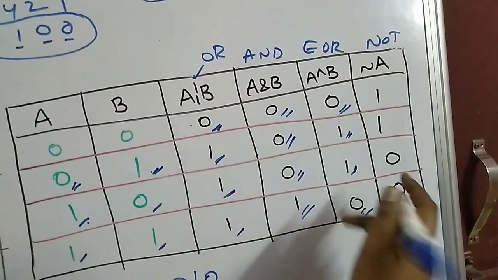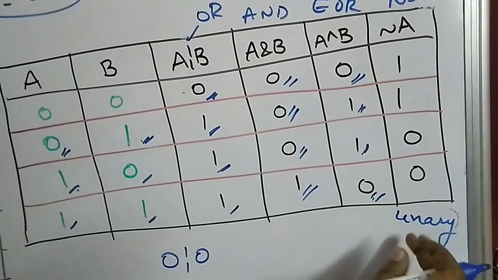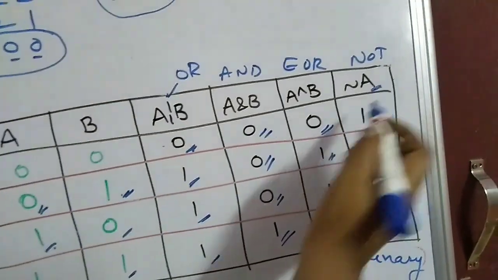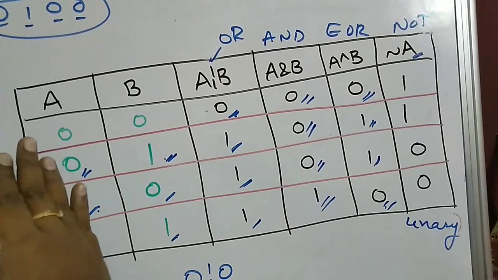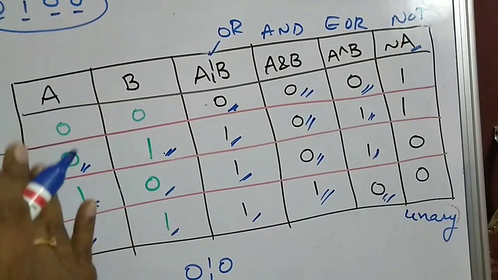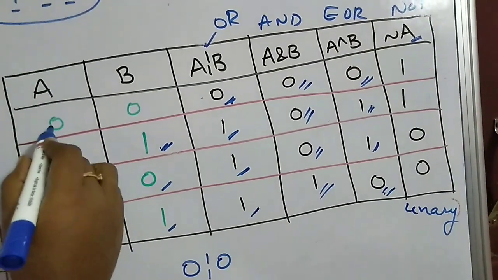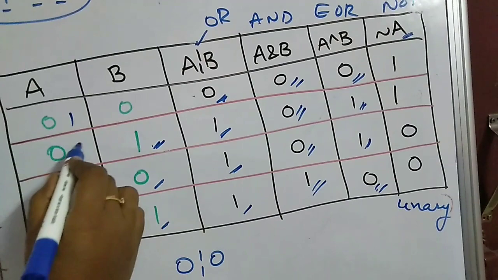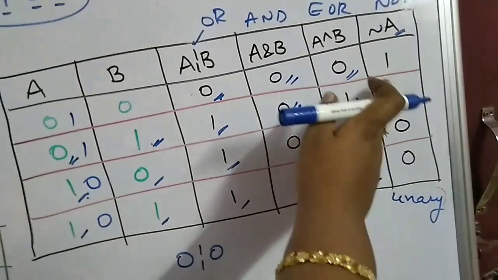And coming to negation, I said this is a unary operator, so we are just taking the negation of A itself. We are considering only A. So the bits will be inverted, complemented, or negated. All these are used synonymously. So 1 will become 0 and 0 will become 1, 1 will become 0, and 1 will become 0. That's what we have written here.